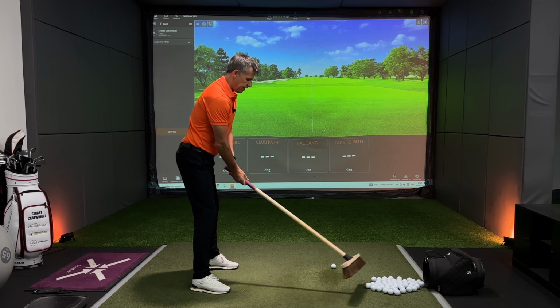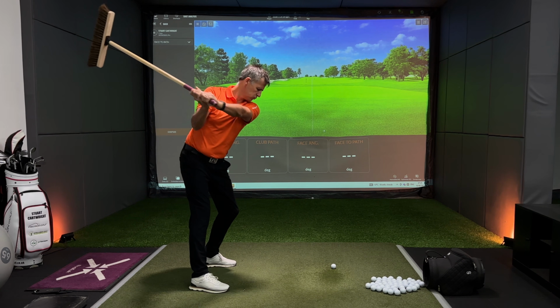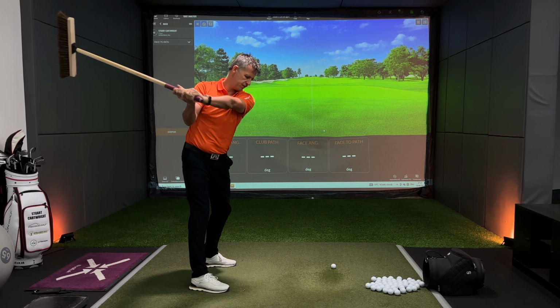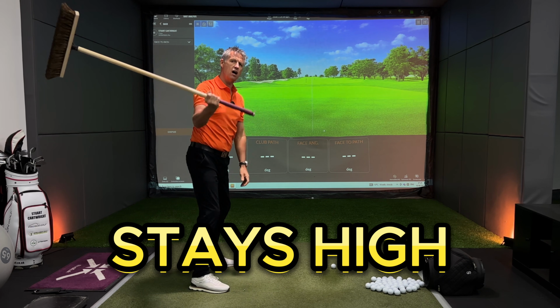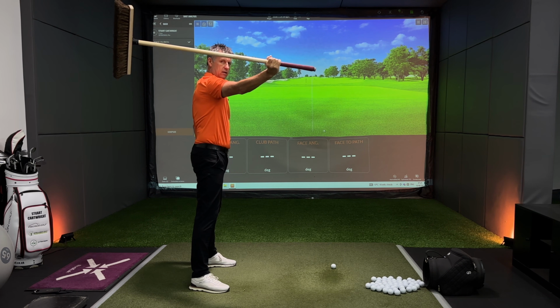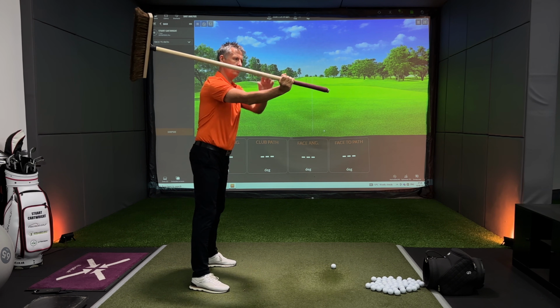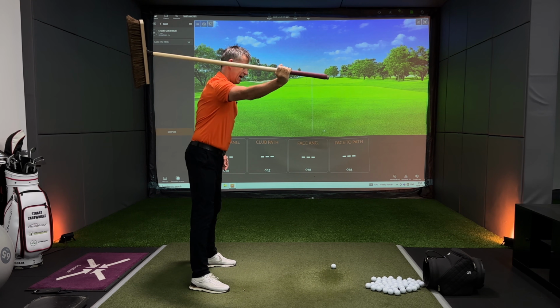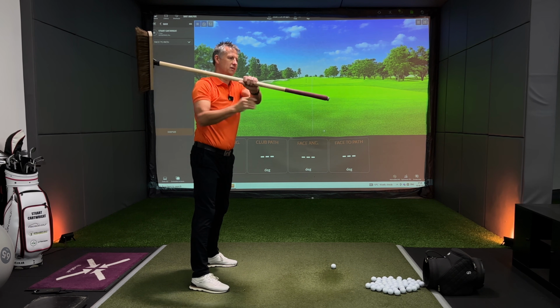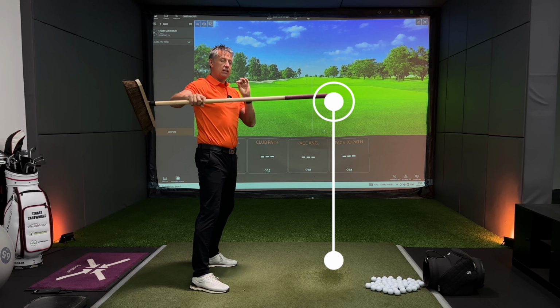So in transitioning in the start of the downswing, the handle's job is to feel like it stays high and moves forwards. If it stays high and moves forwards, and I was to move the handle out to the golf ball, so I'm going to put the handle out to the golf ball, and I've done it by pulling on the golf club,